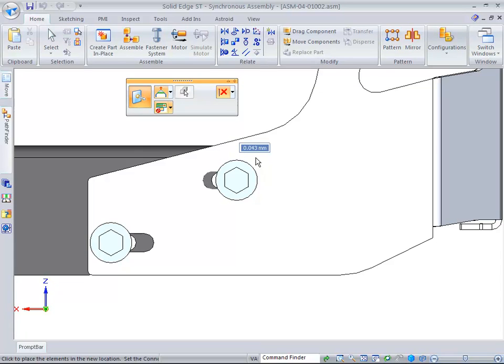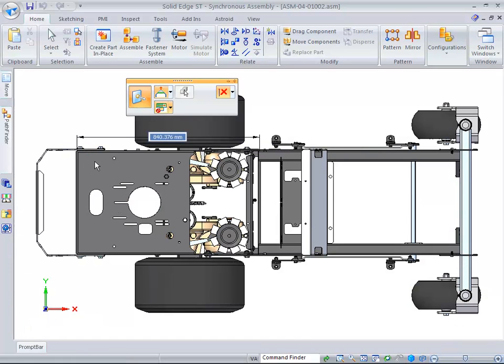But rather than showing in this view, because all you see is the slot moving or the bolt and the washer moving, what you can do is switch to a top view with Alt T, and you'll see things move. Because of the speed of my machine, you're not seeing a full stretch of the part. That's just due to my machine. It will drag dynamically on your machine, but we want to drag it to the left, type in 50 millimeters, and what we're talking about here is that with this simple fence select we are modifying two parts,